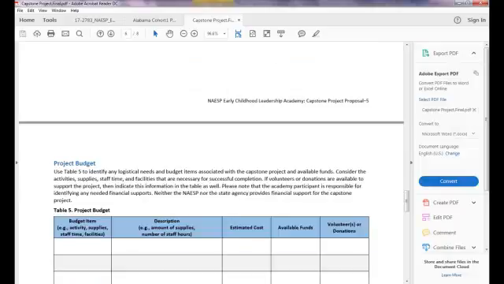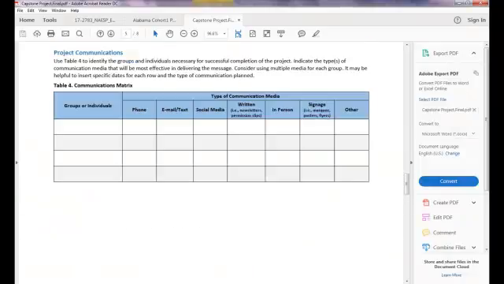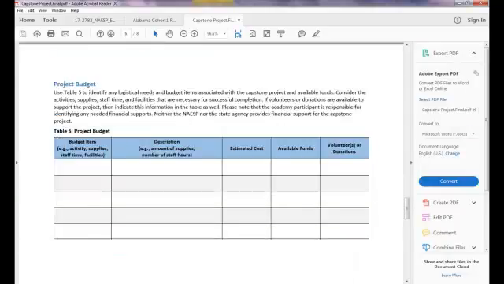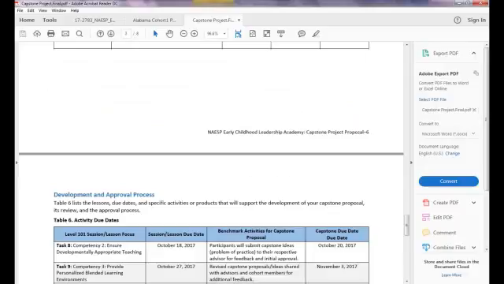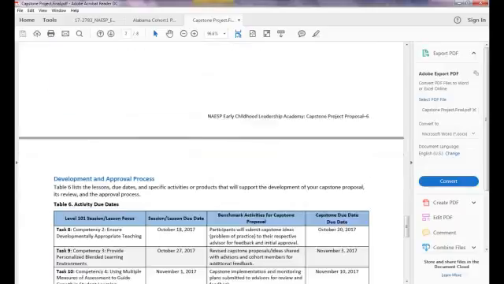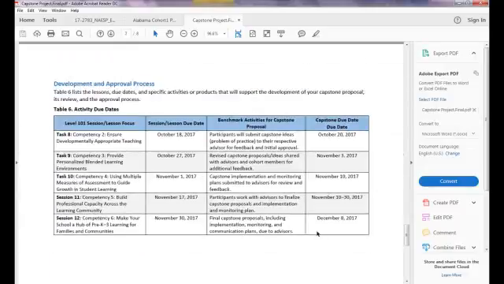We got the communications, a budget, and of course that's just for your purposes. Jeanette said we need to make sure you understand, NAESP and AIR are not offering any funds for you to use. So it's on you. Oh, darn. Yeah. But that's the budget, and then you have the next is